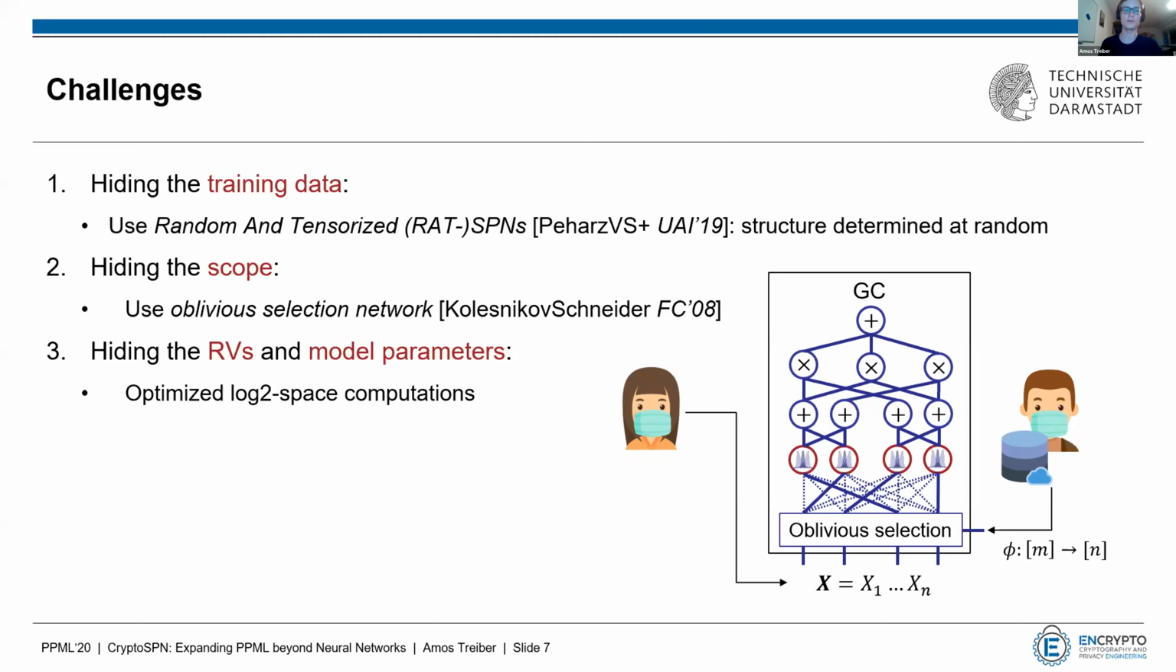So for hiding the random variables and model parameters, this is of course given by the double circuit security guarantees, but we offer some lower level optimizations for certain distributions. In terms of efficiency, we are linear in the network size. And in terms of security, we offer a semi-honest implementation that can, of course, be extended to malicious security by